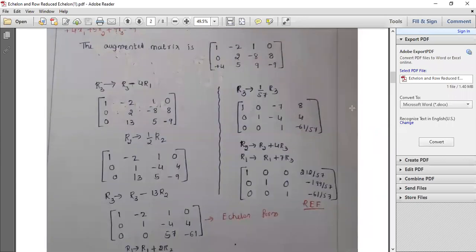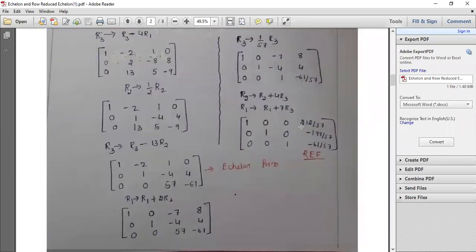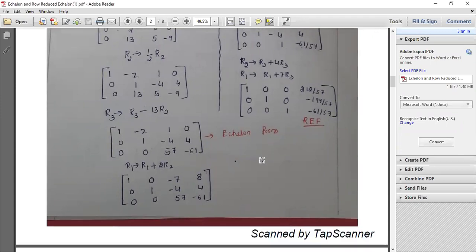Okay. So I think this example I've taken for the echelon form, and now I'll tell you how we are going to reduce the same problem to the reduced form. Till this we have completed. You can see here it is an echelon form. This is the leading element, and this is the leading element, and in fact this is the leading element. Below the leading elements are 0, here also it is 0, and this is the leading element. So therefore this is in the echelon form.